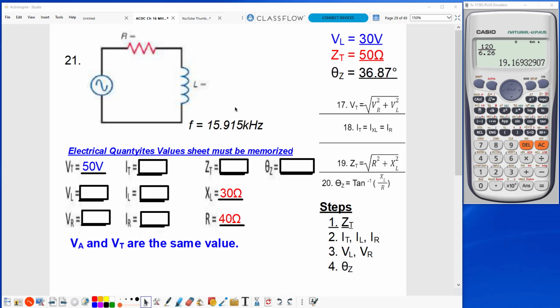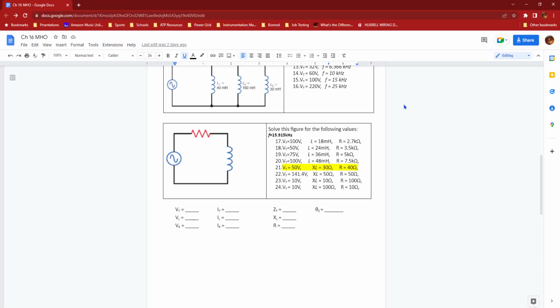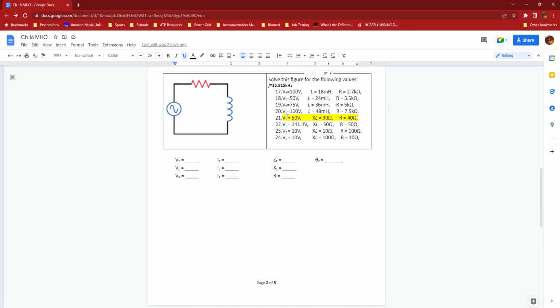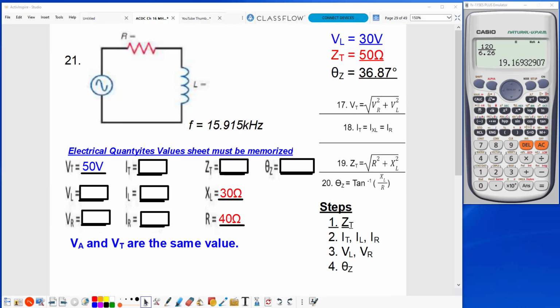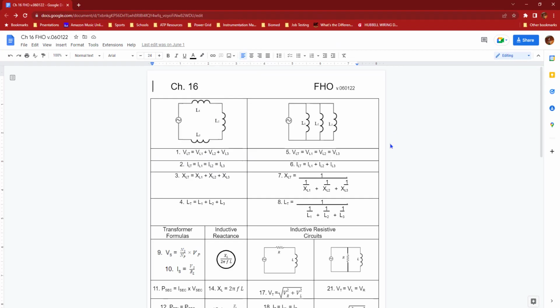So here we see how I've got the problem laid out on my paper. I will be taking my known values from the Chapter 16 math handout. As you see here, I have highlighted problem number 1: 50 volts, an XL of 30 ohms, and an R of 40 ohms. And I will be using the formulas from the Chapter 16 formula sheet that you see here,